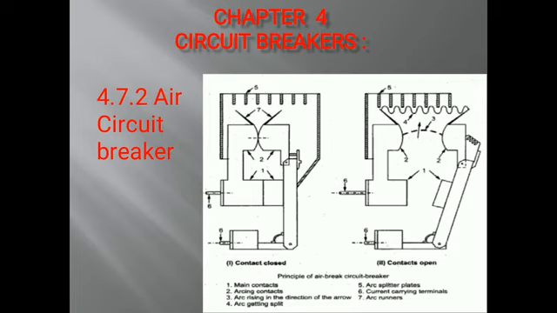Applications: this type of circuit breaker is commonly employed for industrial switchgear, auxiliary switchgear in generating station. Air circuit breakers are used for controlling the power station, auxiliary, and industrial plants. They offer protection to industrial plants, electrical machines like transformer, capacitor, and generator. They are mainly used for protection of plants where there is possibility of fire or explosion hazard, and used in DC and AC circuit up to 15 kilovolt.